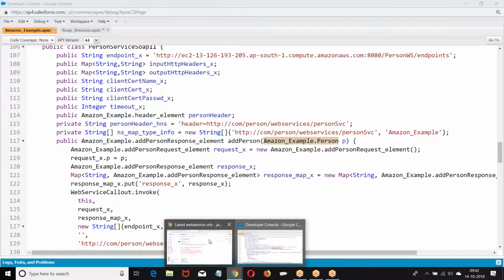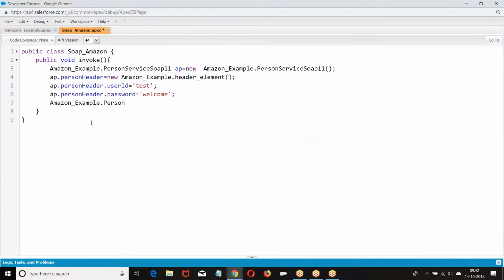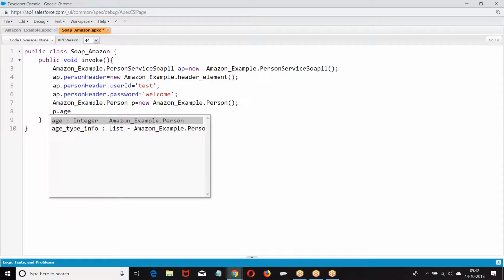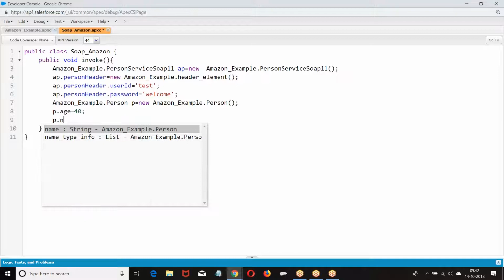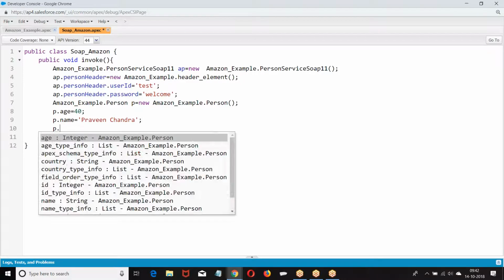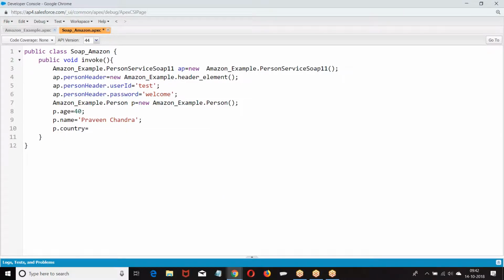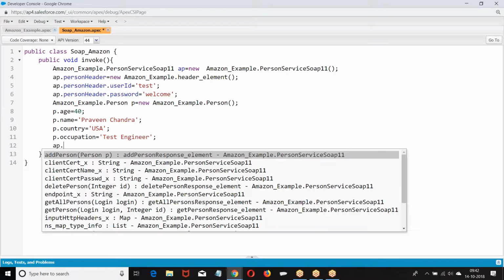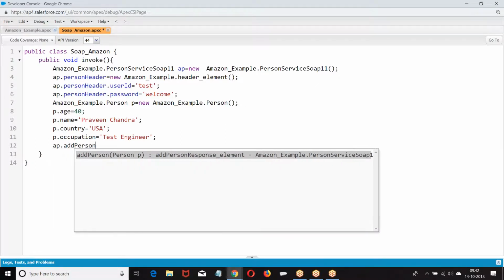So create this Amazon example person equal to, now p dot age 40, p dot name, p dot occupation. This I created. Now I am calling AP dot add person.